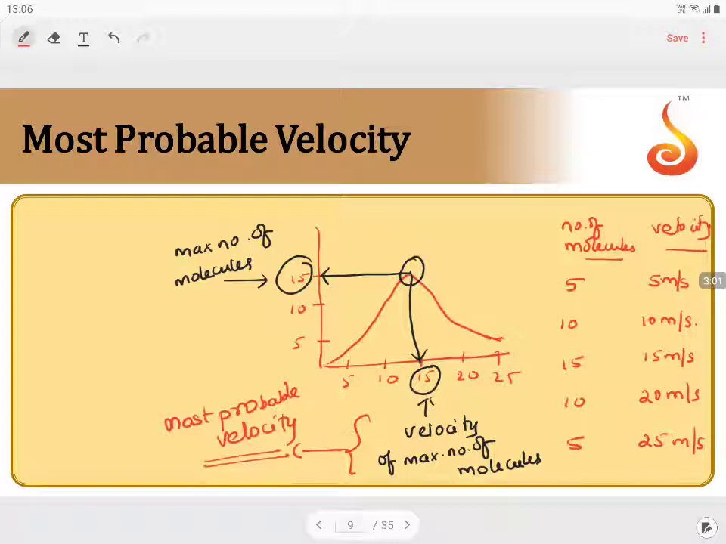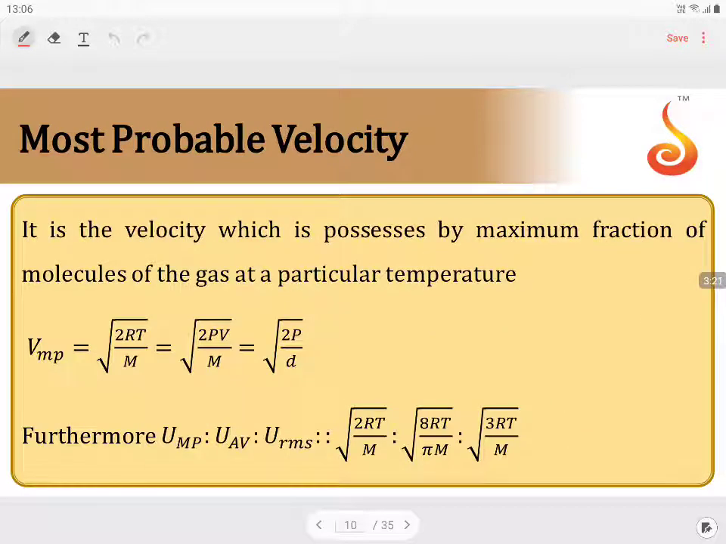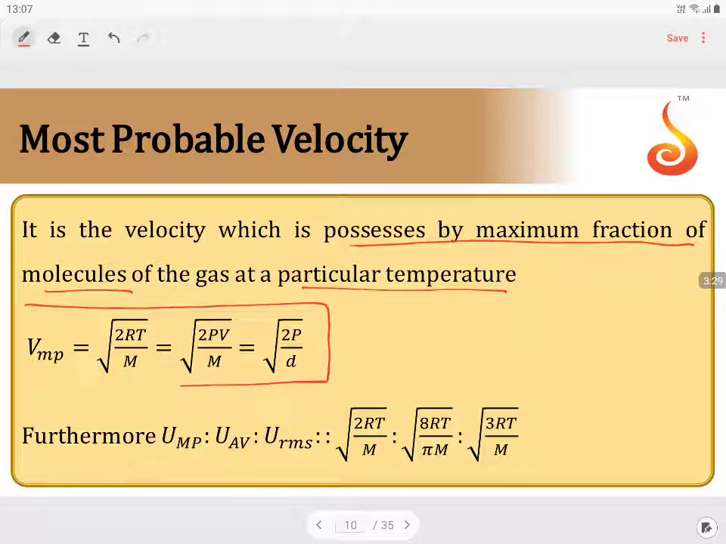This is the velocity, it does not mean it is the lowest or the highest velocity. This is some velocity, but possessed by the maximum number of molecules within the system, where you can reach the maxima of the graph. At that particular point, what is the velocity possessed by the maximum number of molecules? That is taken as most probable velocity, which is given as the velocity possessed by the maximum fraction of molecules at a particular temperature. Mathematically, it is given with the relation most probable velocity is equal to root 2 RT by M